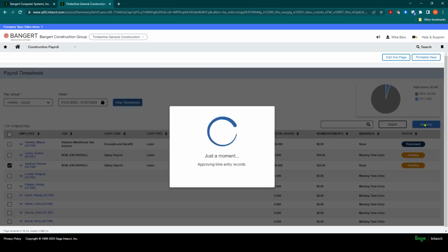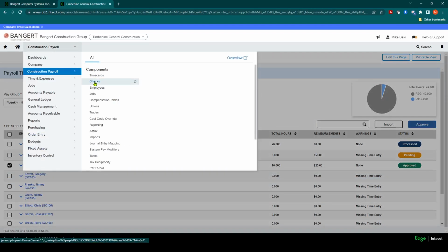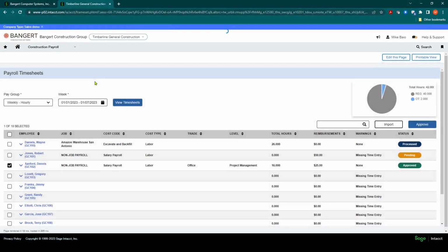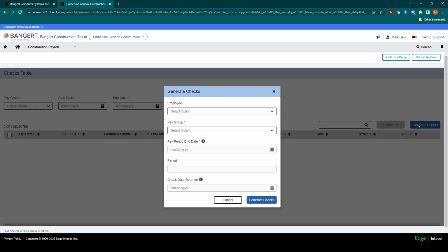And I'm going to click Approve here. And then I'm going to go and generate my payroll for the week by going into Checks. And I'll click the Generate Checks button in the right side. I'll select my pay group, weekly, hourly. I'll select the pay period I'm looking to generate, which is January 7th. I'll click Generate Checks.